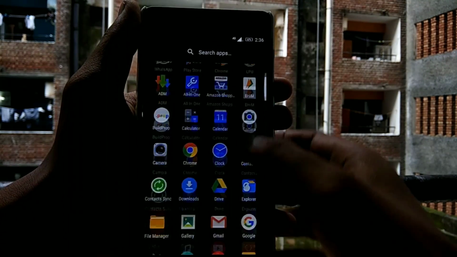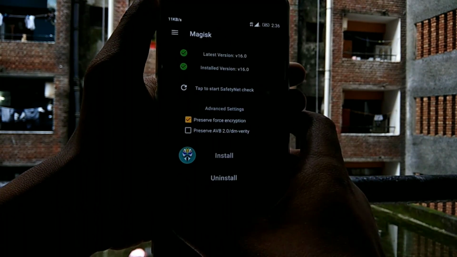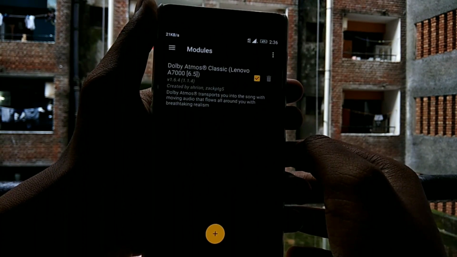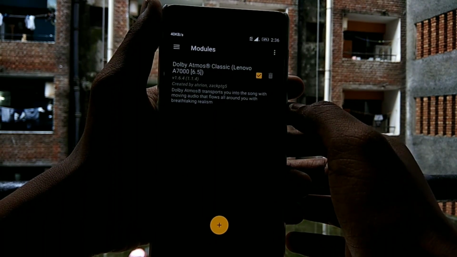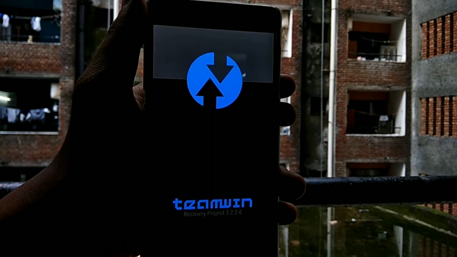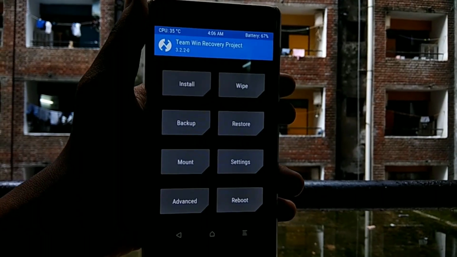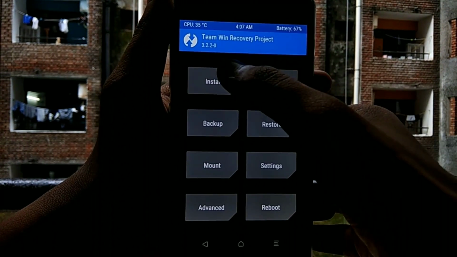Now we have to reboot our phone to recovery mode, and I am rebooting to recovery from Magisk. I am using normal TWRP, so I am going to install treble supported TWRP.